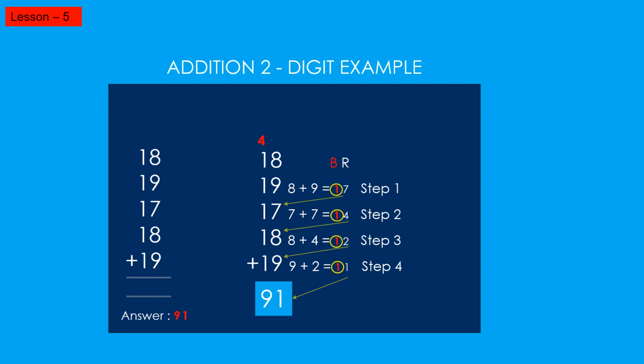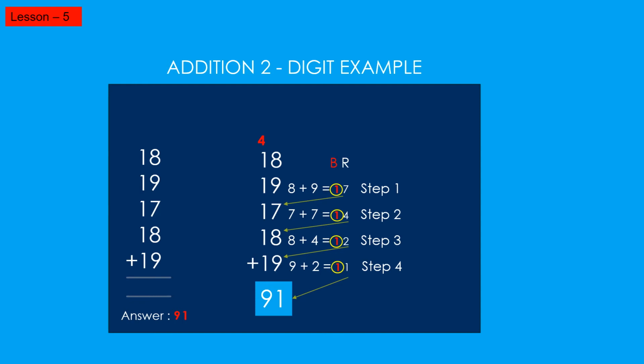Add 2 to the next number, 9. 9 plus 2 is 11. Again in 11, you circle 1 as a base and another 1 comes down in the answer box. Now count all the bases. In this problem, how many bases did you circle? 4. 1, 2, 3, 4. And after adding the bases, you take the number 4 to the next column. That is the tens column.